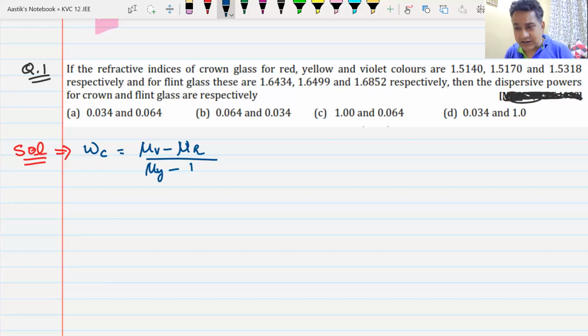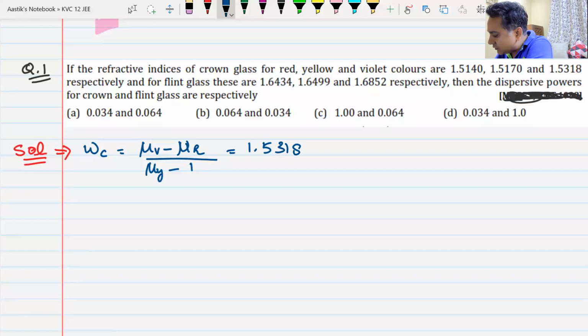But if you are smart enough, looking at the options, you should be able to tell me the answer by only solving one of those omega. You don't have to solve for both omega. Do we understand this? Now, if I solve for omega c and I just put the values, and I'm not very good at putting the values, but I'll try: 1.5318 minus